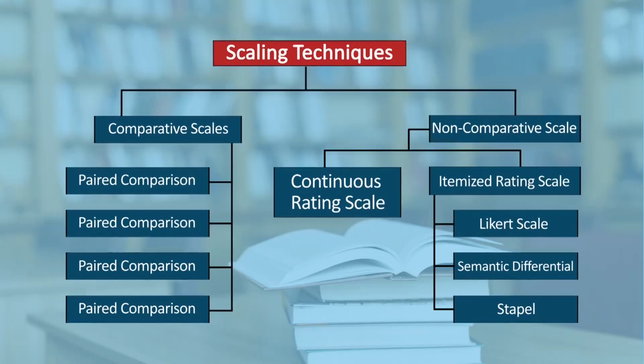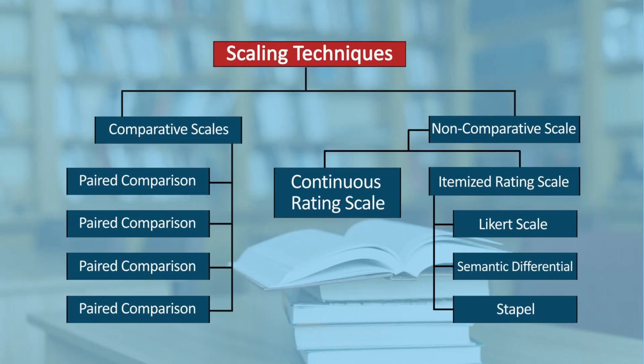So if you see the scaling techniques, I think the comparative scaling techniques is bifurcated into paired comparison, constant sum, rank order, or Q-sort. We have already had very elaborative sessions with the help of examples. We have covered how this paired comparison differs from constant sum, rank order, or Q-sort, and what is the utility of these scaling techniques, and when you are going to apply this, and when the scaling is going to fail, so that you can apply the other model.